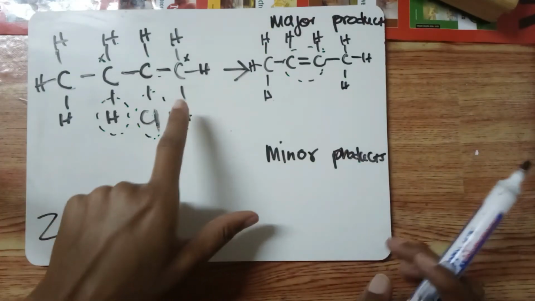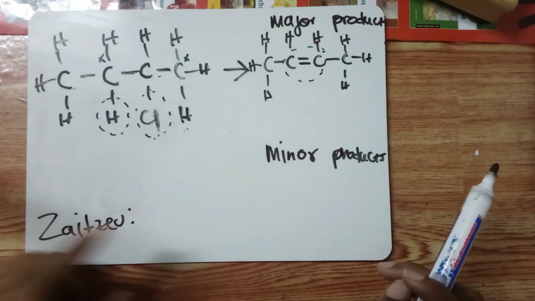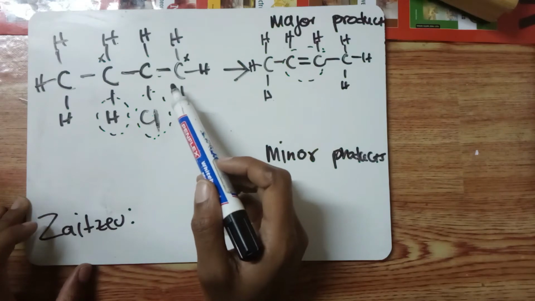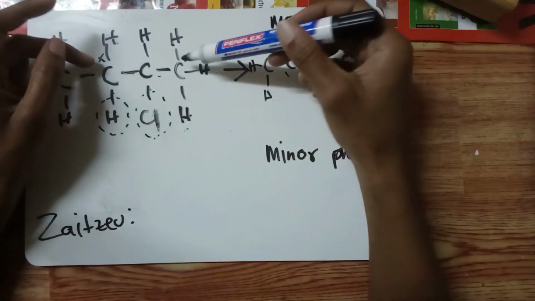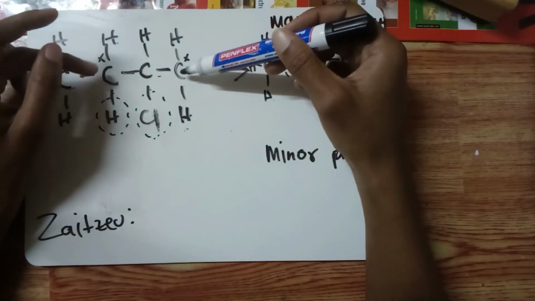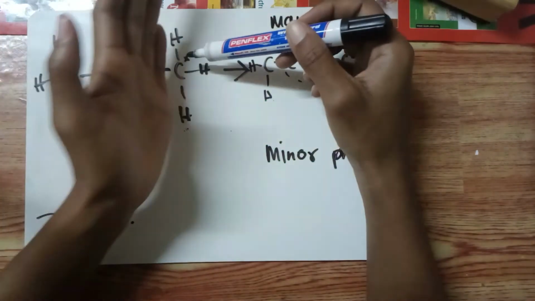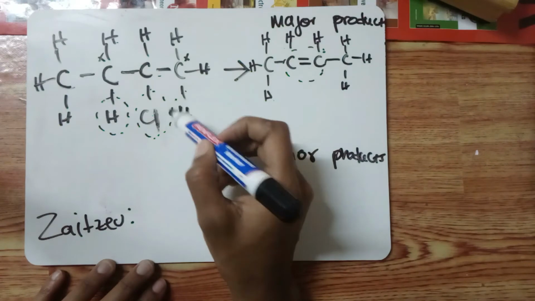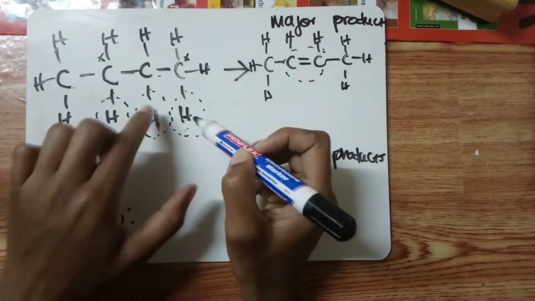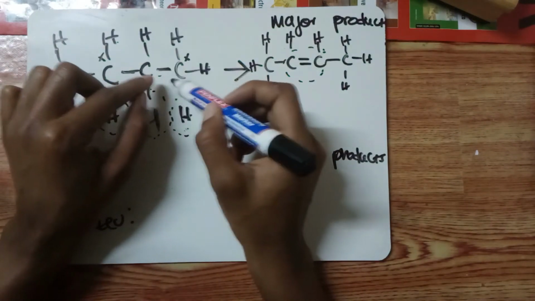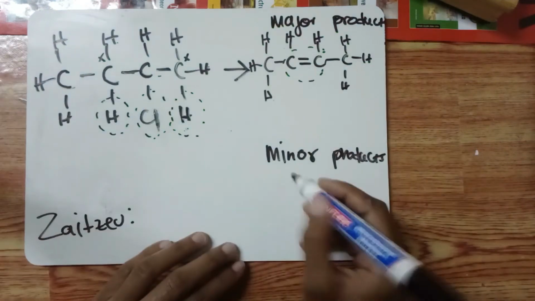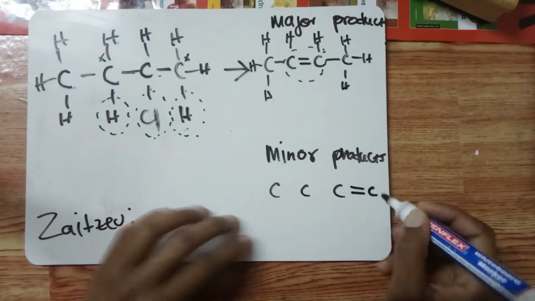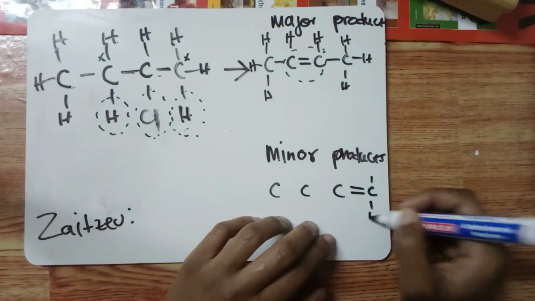But meaning that the hydrogen atom is going to be removed from the carbon with the most number of hydrogen atoms. So we're still comparing the two carbons here. So it can either be removed from here or here. This is the carbon with the most number of hydrogen atoms. So if we remove this hydrogen and this chlorine, the double bond is going to form there instead of here. So the hydrogen will actually form on the first carbon, if we're counting from, no, this is